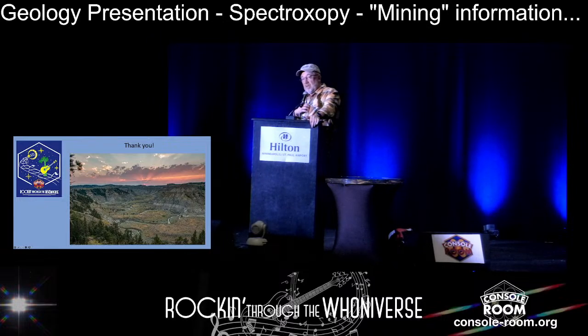XRD doesn't use that. Diffraction would be difficult in space, but of course spectrometers are used extensively on different instruments, and usually different parts of the spectrum. You know, they could be X-ray spectra, could be gamma rays, could be visible light in certain cases. There's a lot of different spectrometers that are different